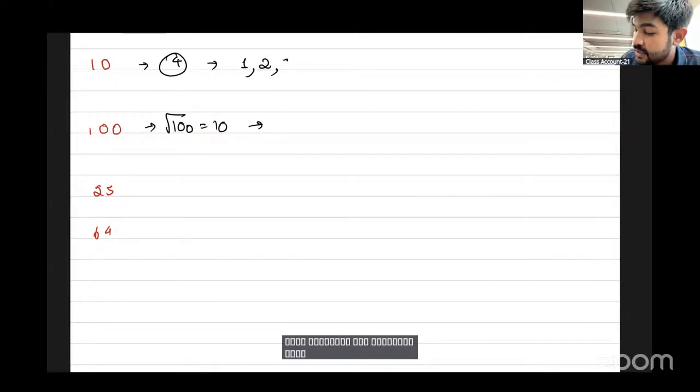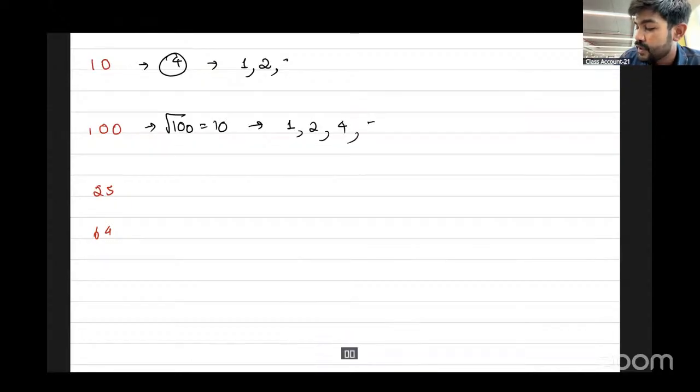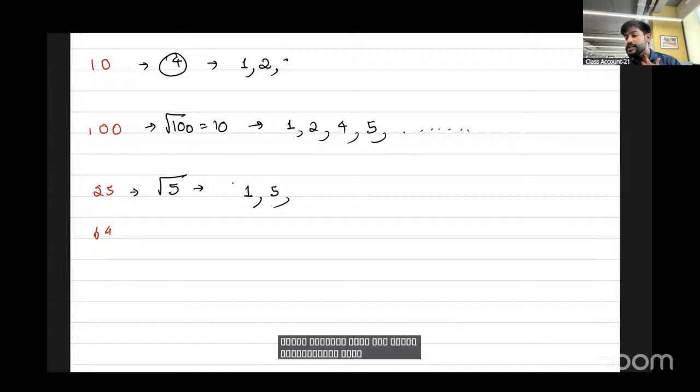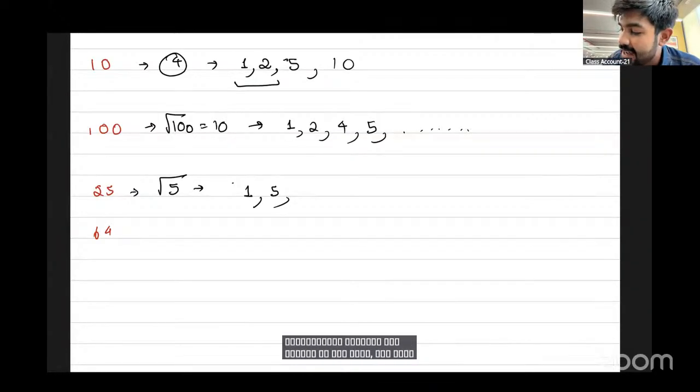And what are the divisors of 100? The divisors of 100 are 1, 2, 4, 5, and so on. And for 25, the divisor is 5. And if you observe, the prime factors till root of n are these. This is because prime factors exist in pairs, like divisors exist in pairs. So that is why 1, 2, 5, 10. One value would definitely exist within root of n, and the other value would exist beyond